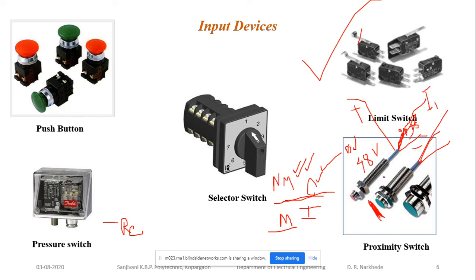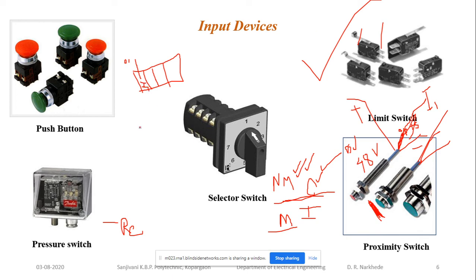The output of the proximity sensor, the output of your limit switch is input to the PLC, and that's why these devices are called input devices. या डिव्हाइसेसचं जे आपण देतोय ते PLCचा जो आपला मॉड्यूल असेल, त्यात इनपुट्स आहेत, त्या इनपुटमध्ये आपण I1, I2, I3 असे इनपुट्स असतात आणि त्याला आपण इनपुट देतो. So this is the output of my proximity switch that can be given as input to the PLC. That's why these devices are called input devices.